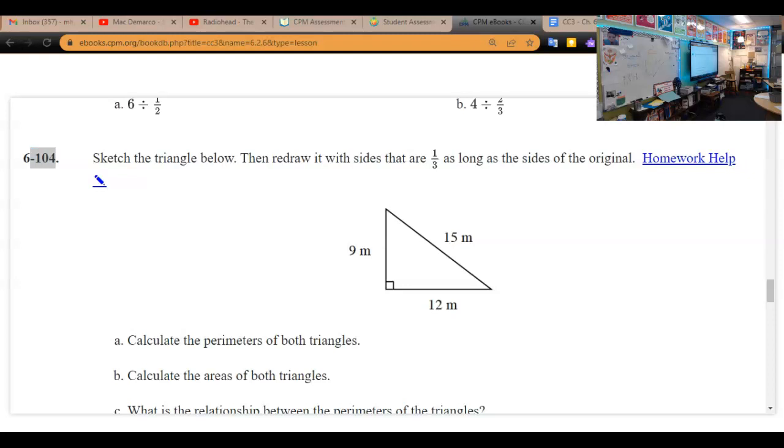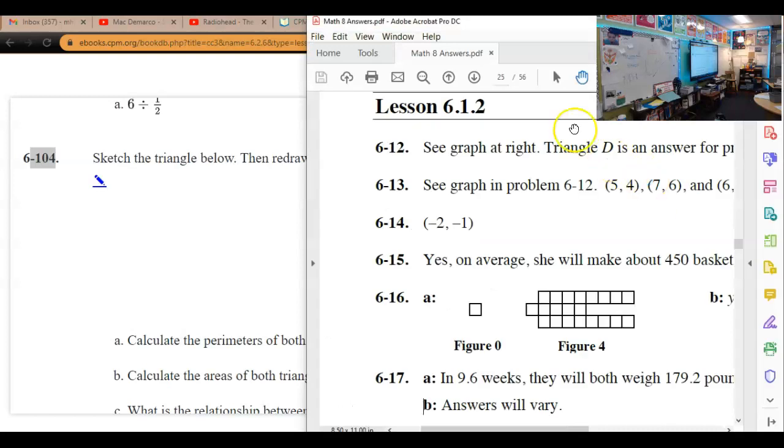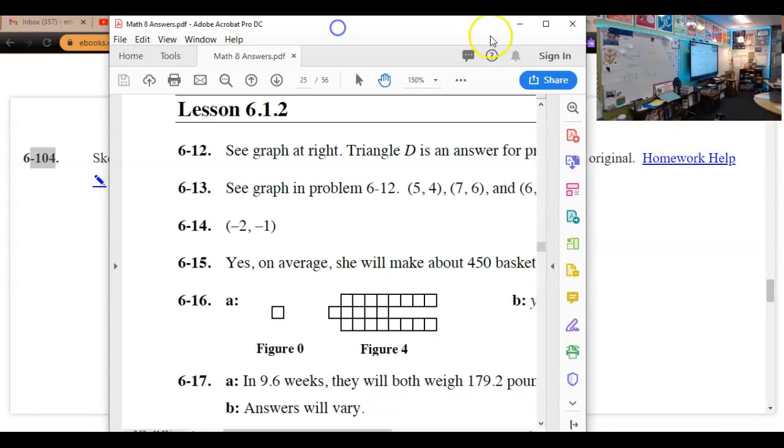Do we have to make them like the actual length? Because I just... No, you do not. Now, if you want to, you can. Like, if you want to grab a centimeter ruler or something. All right,